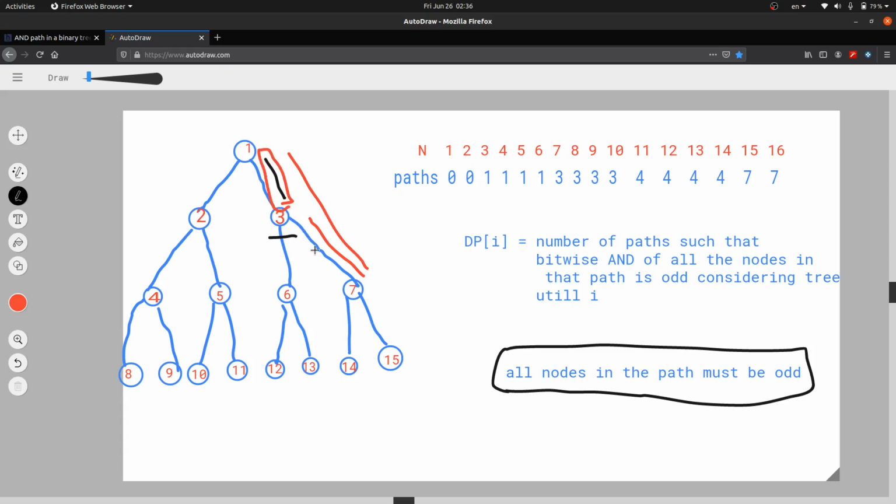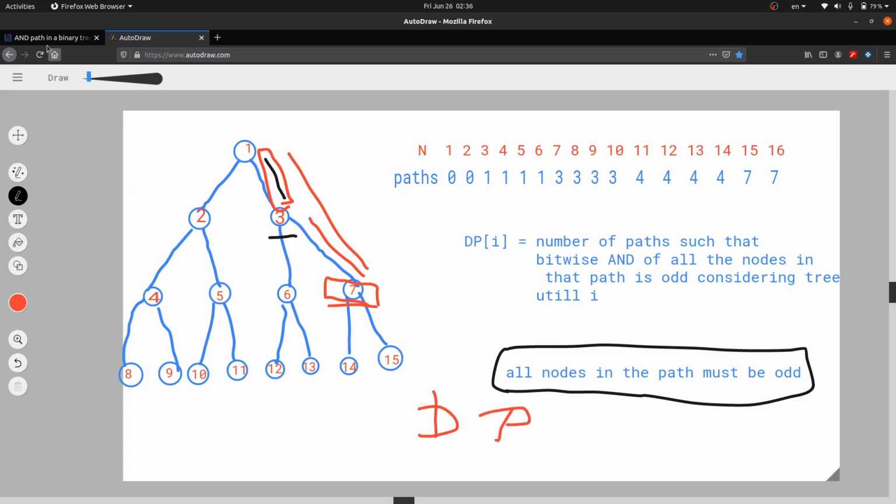From here we made another observation, that for any successive integer n, we can form a solution of this problem from an already solved subproblem. So from this we conclude that this must be a DP problem.